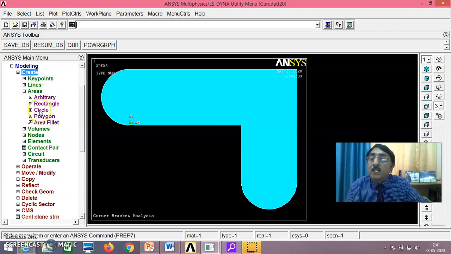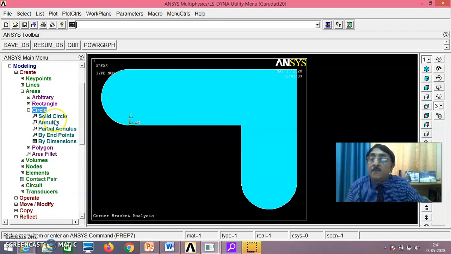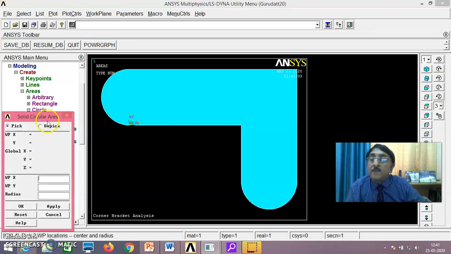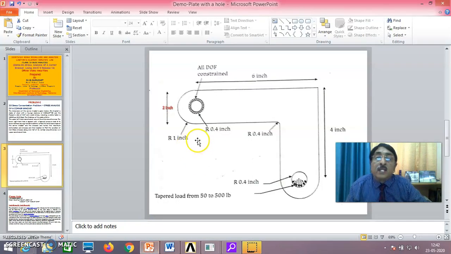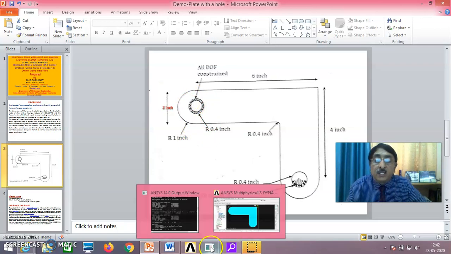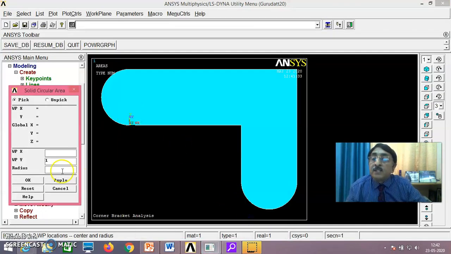Okay, create solid circle at this. WPY is 1 and the radius, as you know, you just go through this radius, it is 0.4 inch radius. Okay, you take care of that. Radius 0.4, WPY is 1 and X is 0 only.